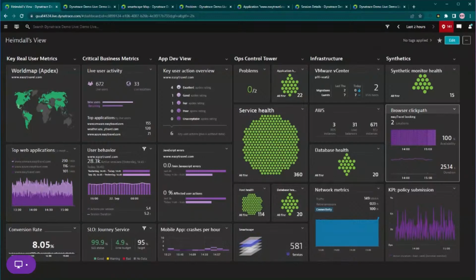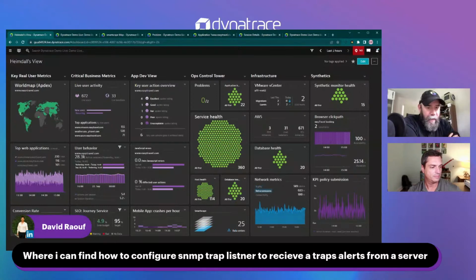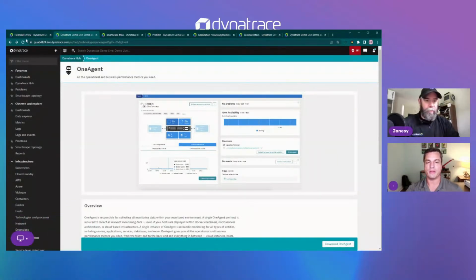So, a quick view there into what Dynatrace is doing at a high level, overview dashboard wise. I don't know if we saw any questions come in that we want to hit here, or if not, I can bounce on to how we get here. Let's see what we got. Let's talk about the SNMP trap. How about that one? Let me go ahead and move on to, sort of like I was just showing there,